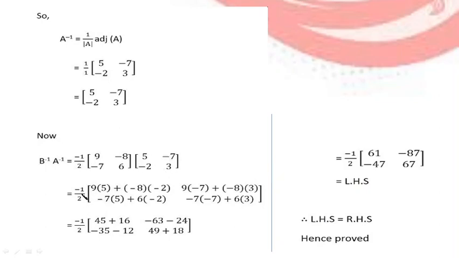We can simply keep this minus half outside because this is multiplying with both the matrices, and first of all we will do the multiplication of these two matrices. Same way for the first element, first row first column, second element first row second column. This element is A2 1, so second row first column, and then this is A2 2, so second row and second column. And this matrix is ready and minus half is outside, which is equal to the left hand side that we calculated.